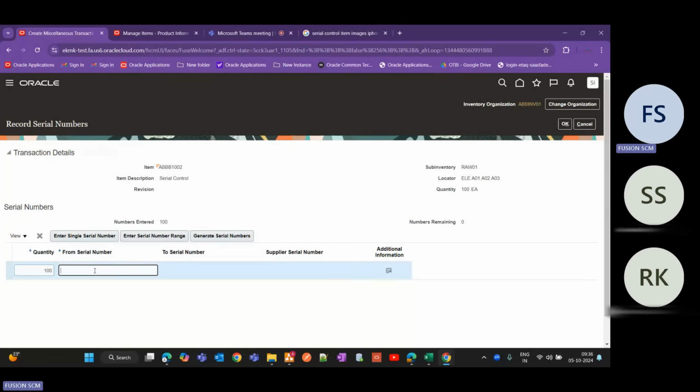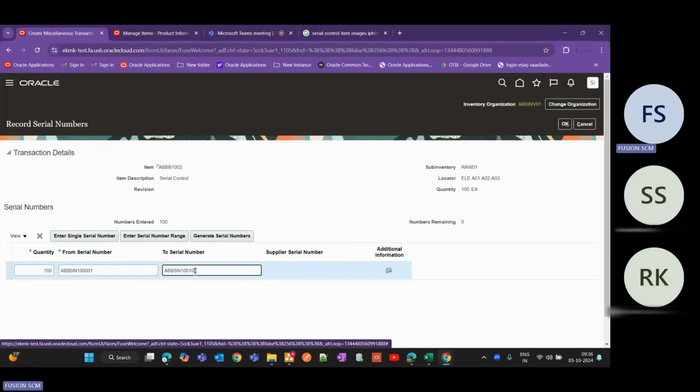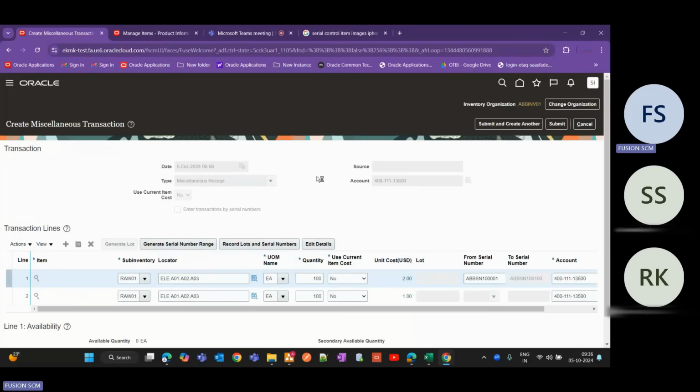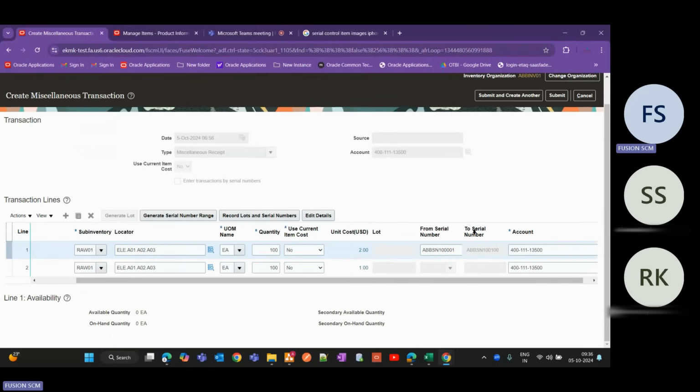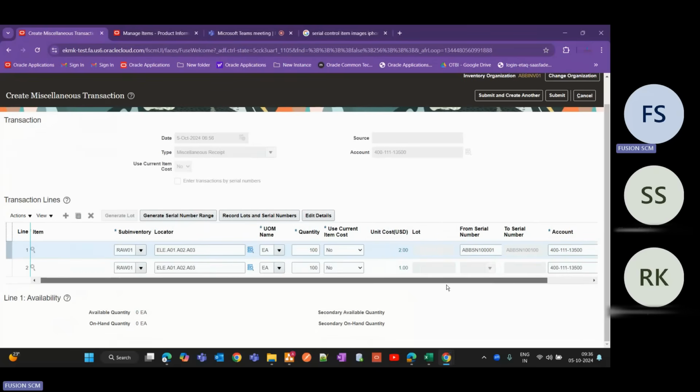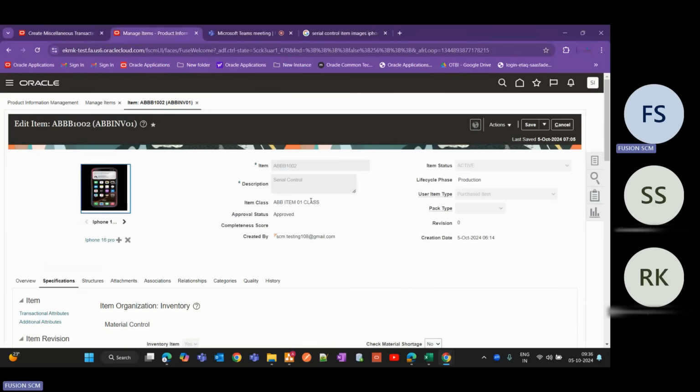So from serial number, what we have defined, ABB SN 100001, and if I enter that, then the system will automatically take it till 100. If you have additional information defined for the serial number, you can define it. So this is what we have entered. Now we'll click on OK. All right, and if you notice, now the serial number is also coming. Same way we'll go ahead